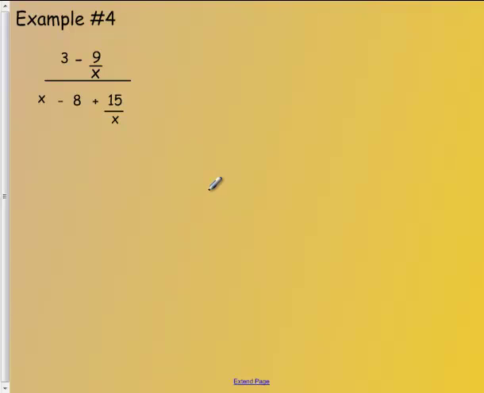All right, last example. Here's my numerator. It's telling me to subtract. Okay, going back into my head, my subtraction laws tell me I have to find a common denominator. Okay, so that means I have to multiply. If I put that under a 1 under there, I have to multiply top and bottom by x. But just for the first